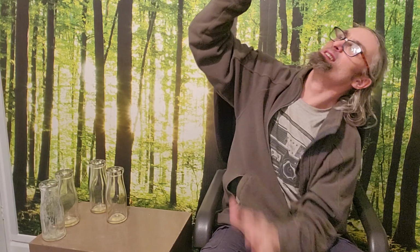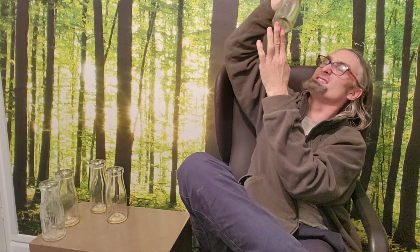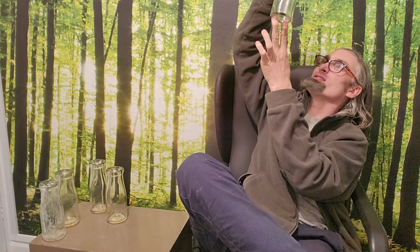Underneath we have H. King and Son from Dulwich, London, R12. So these are actually made in Dulwich in London. And we'll go for this one because this one has the best visual of what was on the front. And we have Ockley Manor Farm Dairy, 365 Brighton Road, South Croydon,